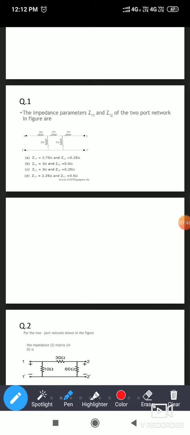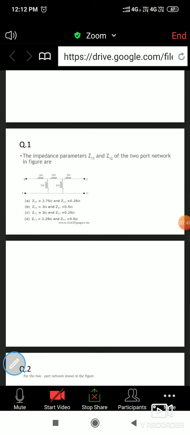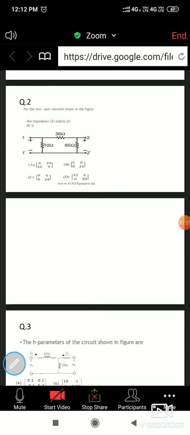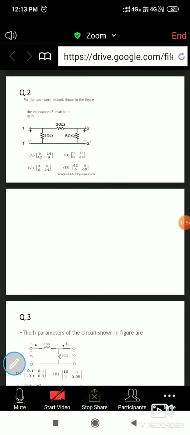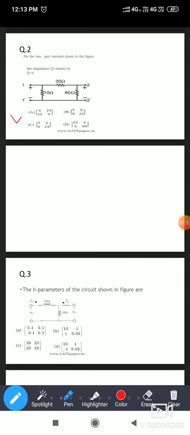Now we will move to the second problem. Now here in the second problem, actually this is a pi network. This is a pi network. So later we will solve this network by using the pi representation also, when we complete T representation and pi representation in the next lecture. Based on that we will solve the same problem, but now this problem we can solve by using a different method. Okay. Now this question, each and every question was asked in the GATE exam in the EC paper.